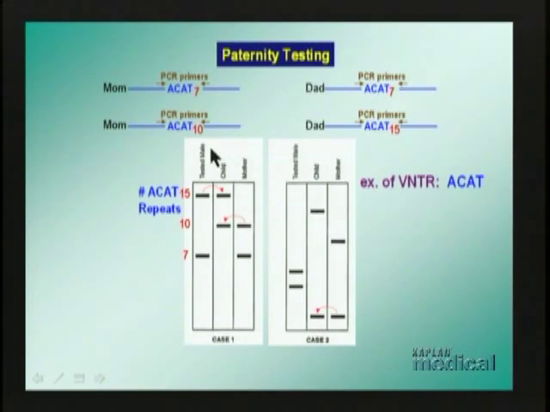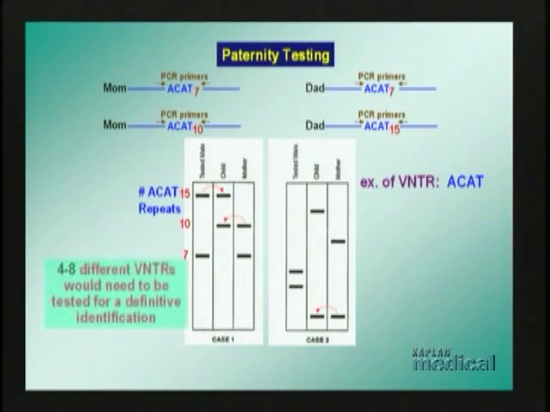So now let's assume you get the situation shown here on the left, where a band did come from the mother, another band did come from the tested male. The conclusion there is the male could be the father of that child. So how do you get rid of the verb could be to is the father of that child? The way that's done is 4 to 8 different VNTRs would have to be tested for a definitive identification. So this is one VNTR, ACAT, but 4 to 8 different sequences of DNA would have to be tested, and